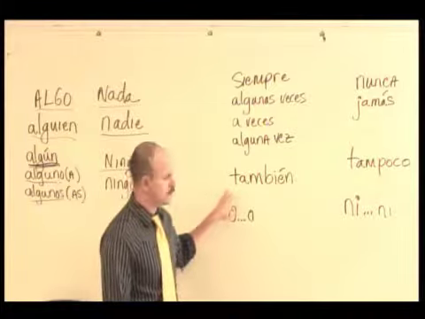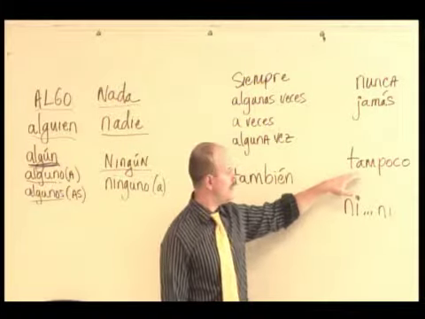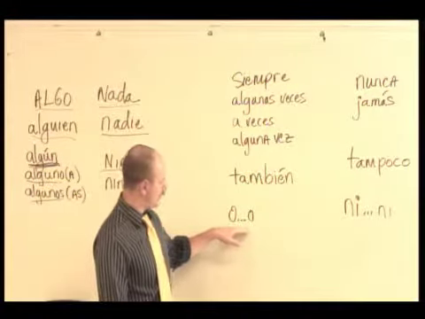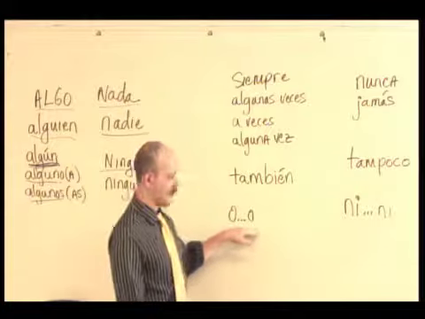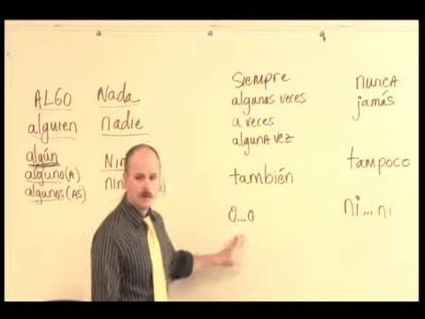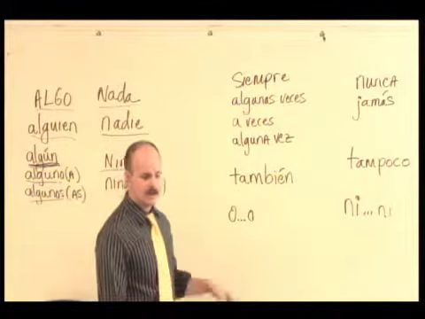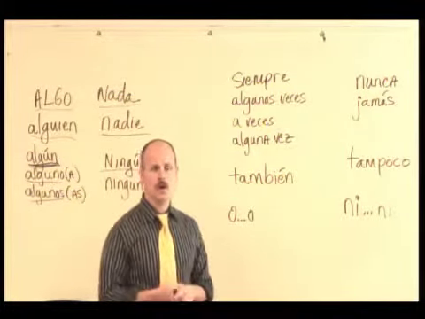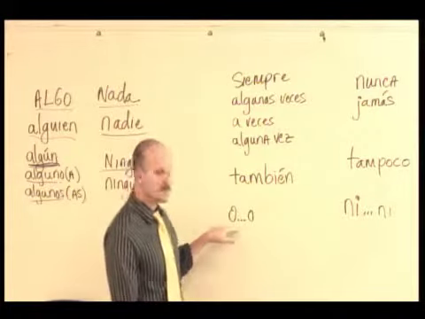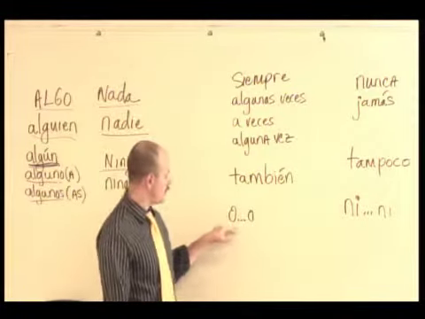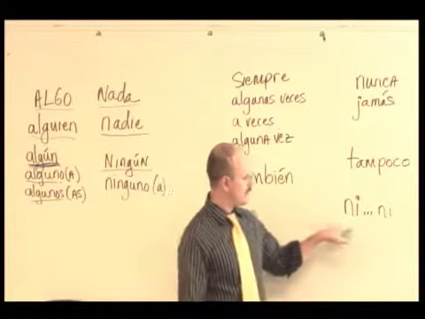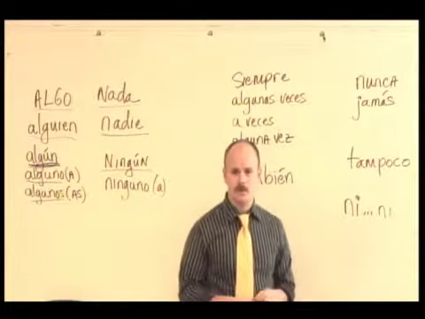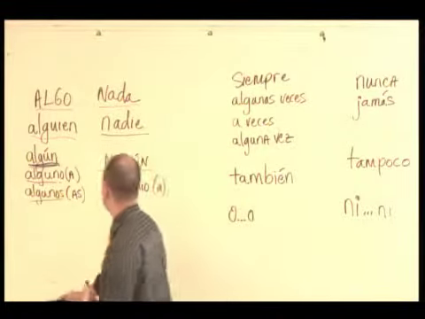También means too. Tampoco means neither or either. O, we see this funny way that we write it with the O dot dot dot. O means or, right? But sometimes we're going to use it as in I'll have either the Coca-Cola or the Sprite, that's when we use the O twice. So it can be either or. And ni is like neither and nor. So also we can be using that twice. So let's look at some examples of how these work.